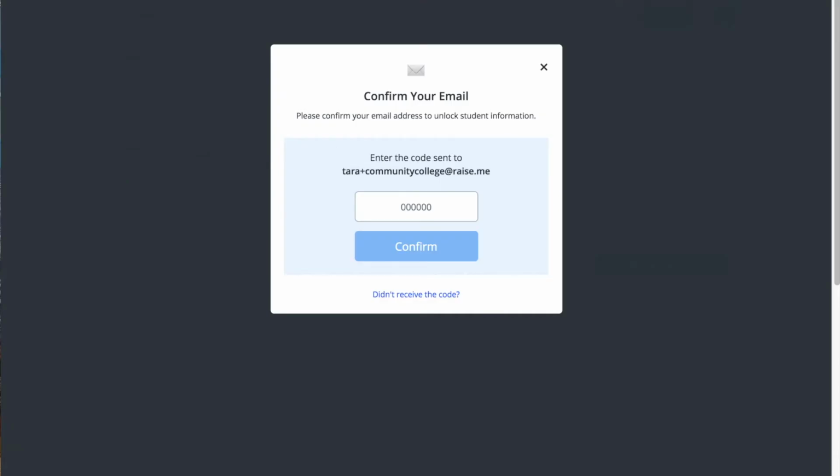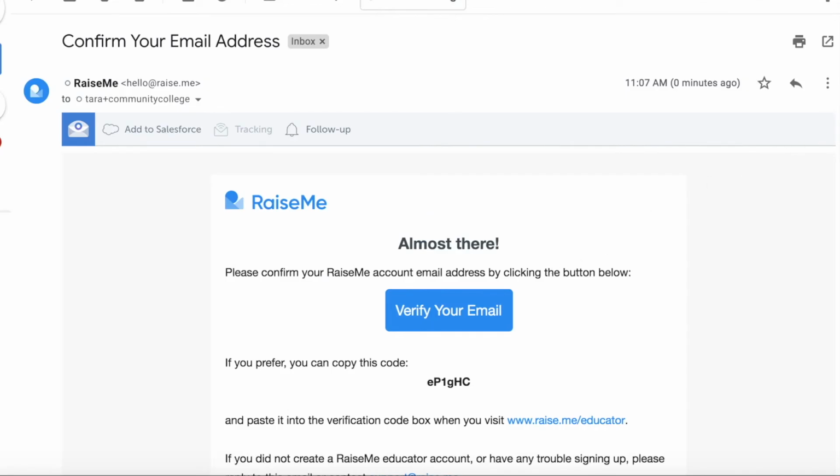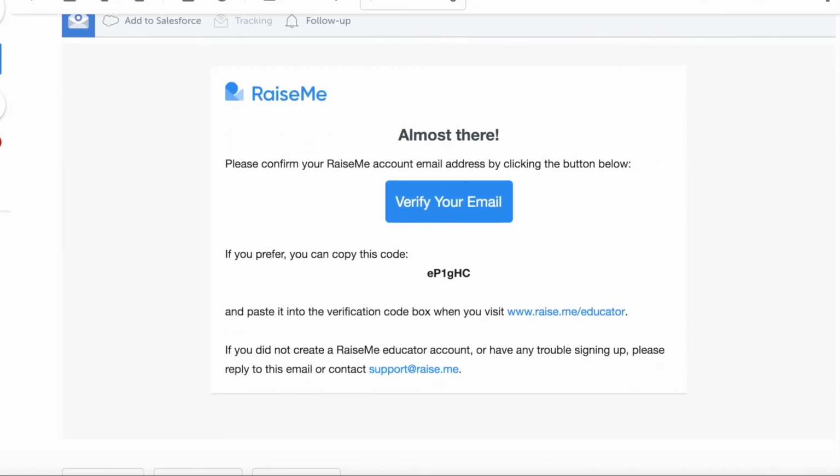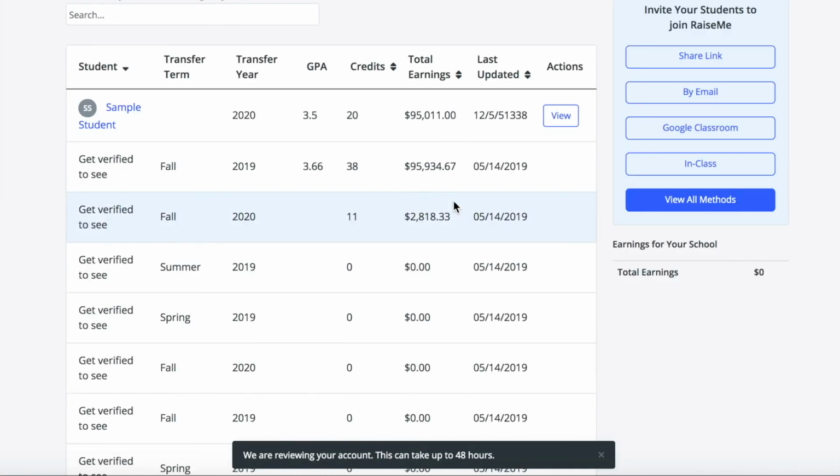When you select that option, you're going to be sent an email from RaiseMe that sends you a code that you can enter in this box, or upon receiving that email, you'll notice a blue Verify Your Email button. When you select that, you'll enter our verification queue, and once you're verified, you'll have access to all the